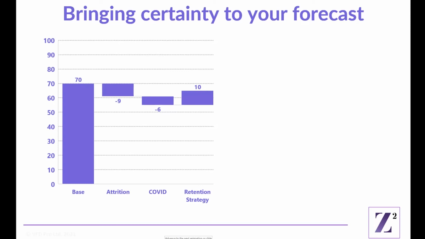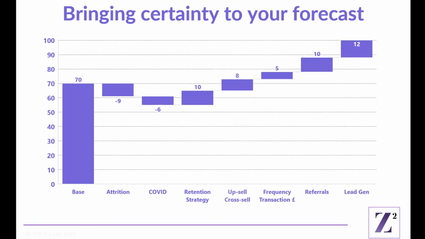But what next? We can sell more to existing customers, both for the products or services we currently provide, or by finding ways to provide other services our customers need, but ones that they don't purchase from us yet, so we can upsell and cross-sell. Let's assume we can achieve a further 8% through that upselling and cross-selling. The gap is further reduced to 27%. You get the picture of what's next.